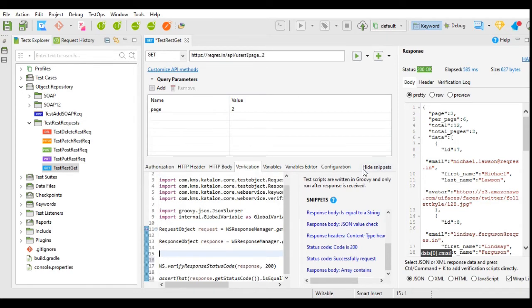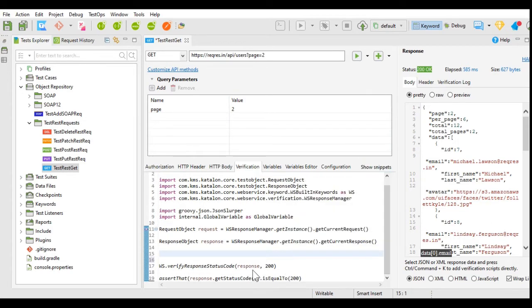I will click on this and it will give me some code over here. What is it? It will check the response versus the code, verify response status code, and it asserts that the response dot get status code is equal to 200. It takes the response and the code that we have given, the actual response versus expected response.